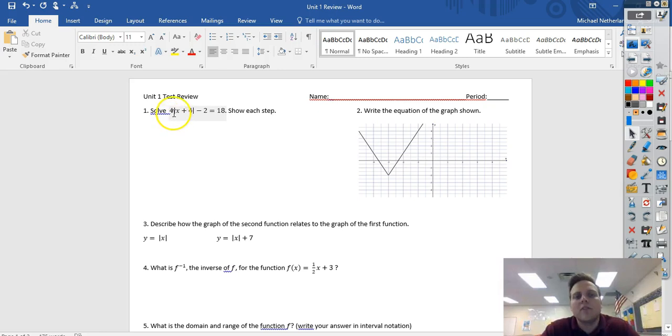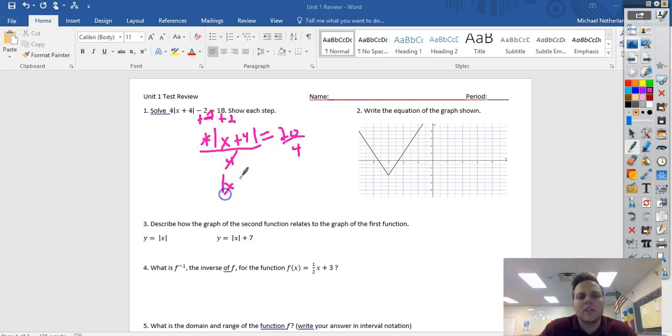Problem number 1. Solve 4 times the absolute value of x plus 4, minus 2, is equal to 18. When solving absolute value equations, the first thing we have to do is get the absolute value bars by themselves. So I start off by adding 2 to both sides. This gives me 4 times the absolute value of x plus 4 is equal to 18 plus 2, which is 20. I still have to get the absolute value bars by themselves, so I need to get rid of this 4. So I need to divide both sides by 4. The 4's cancel, and that gives me the absolute value of x plus 4